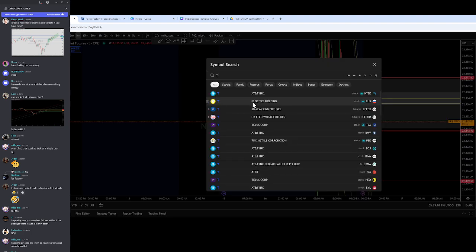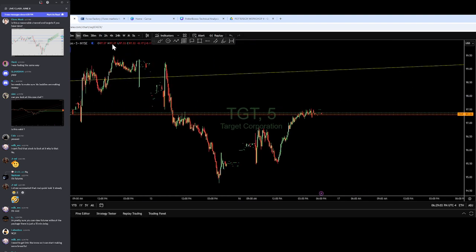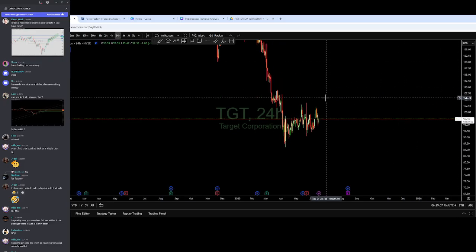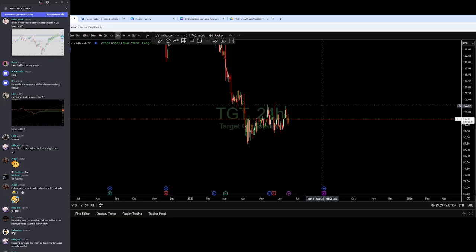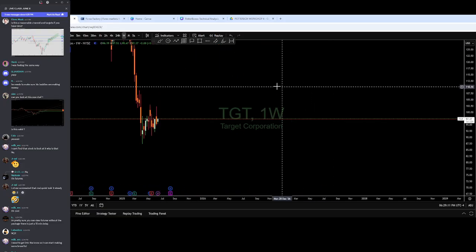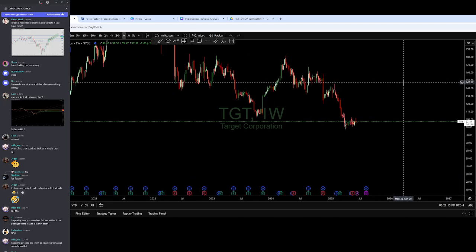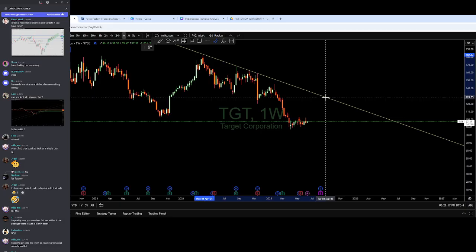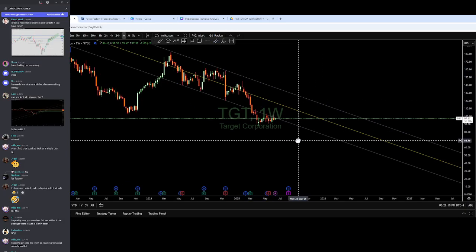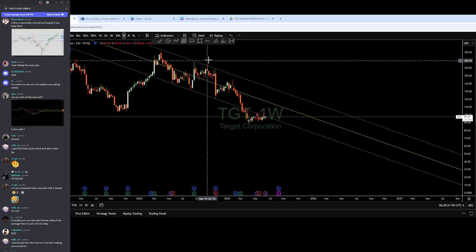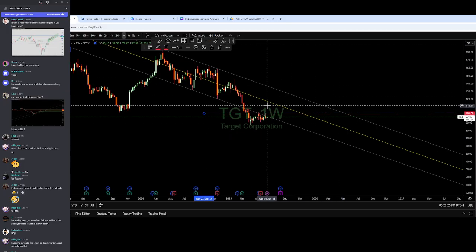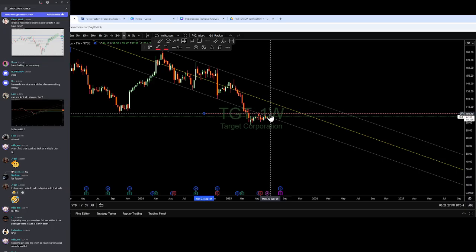I know I'm teaching you this now, but go set your alerts on this, because I want all of us to see when this does happen, because I don't expect it to be an if, I expect it to be a when. When this channel is reclaimed and you have that confirmation by being above those candles, I fully expect for Target to